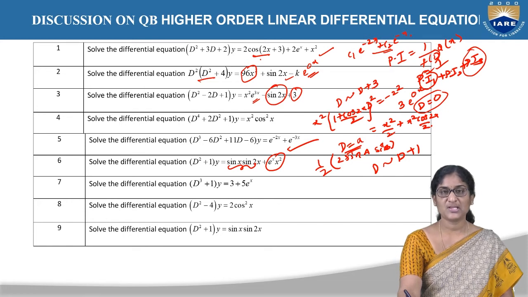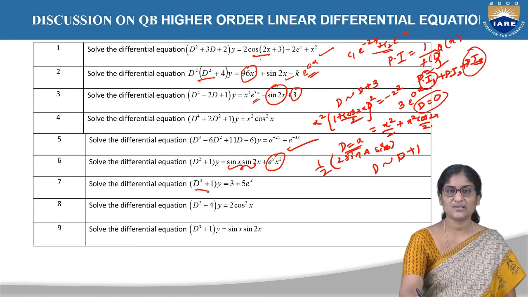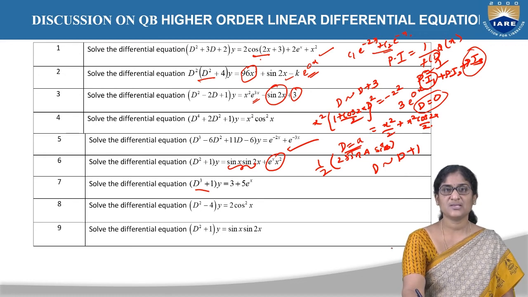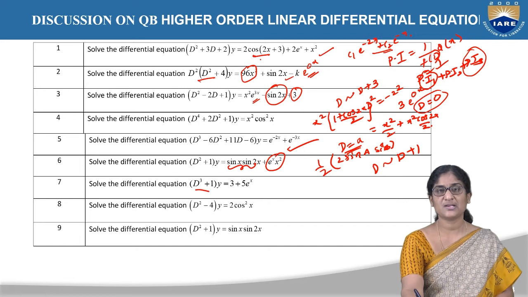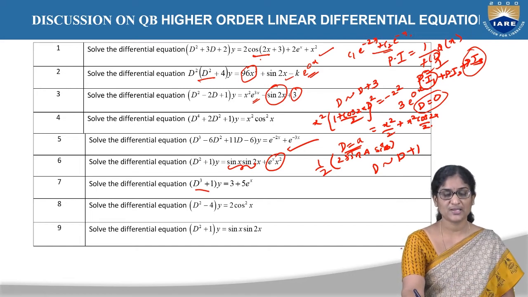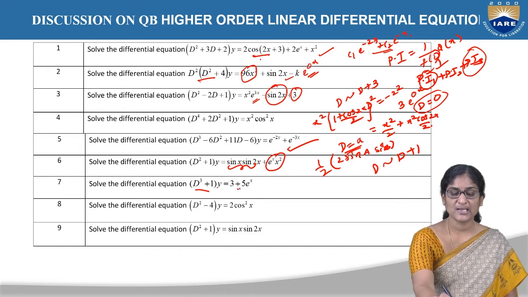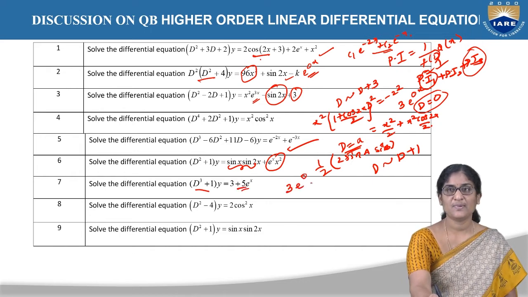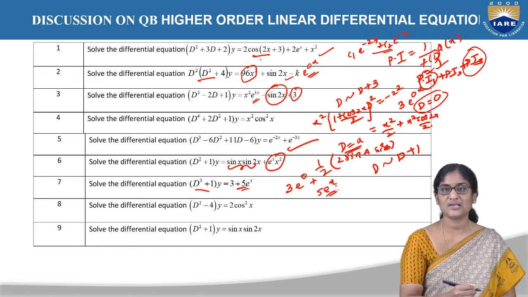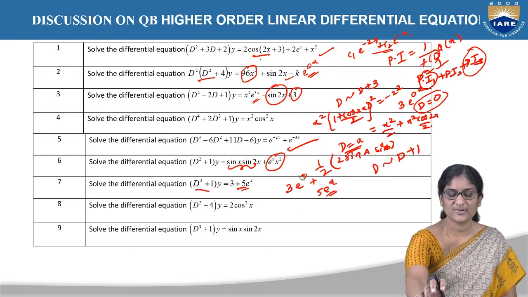And next, solve the differential equation (D cubed plus 1) y is equal to 3 e to the power of 3x plus 5 e to the power of x. Here, for the left hand side, the complementary function, the auxiliary equation is m cubed plus 1, and upon solving using the a cubed plus b cubed formula, we get the roots. One is a real root and two are imaginary roots. The right hand side can be written as 3 e to the power of 0, but you can follow the first form, and the second form is already clear. So totally this seventh question is very easy.